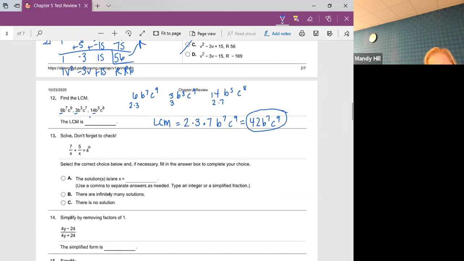So we know that if we're solving this for x, the goal is to figure out what x is. We can't have x on the bottom here. So we're going to have to multiply everything by x to get that x to cancel out and move to the top. So every single thing is going to get multiplied by x. That's going to be 7 over x times x plus 5 over x times x equals 4 times x. These are going to cancel out. If you've got the same thing on the top and the bottom,